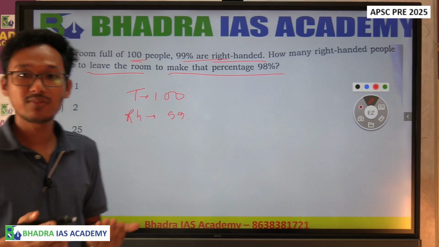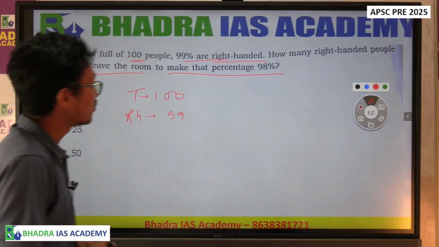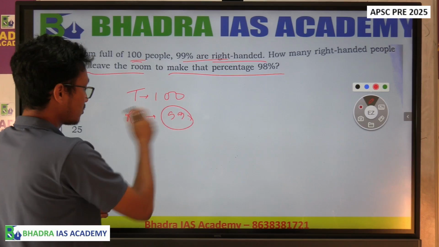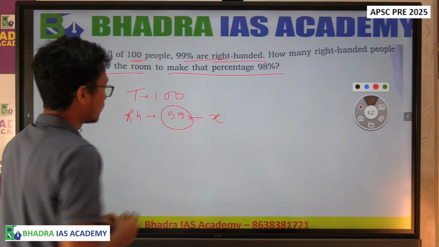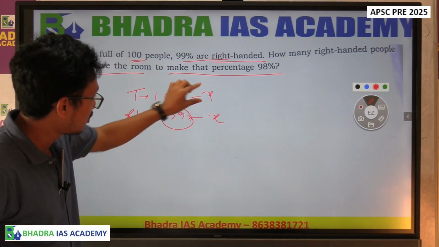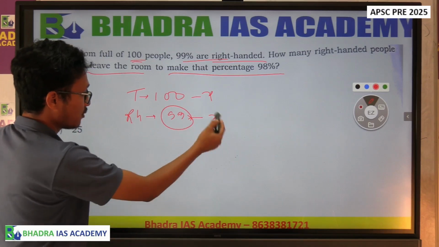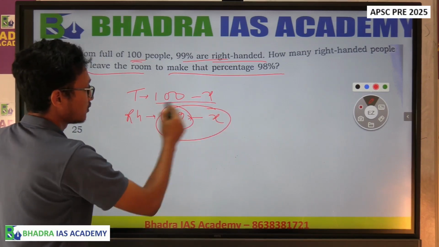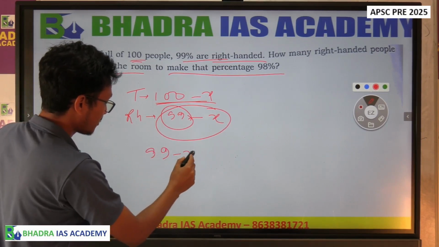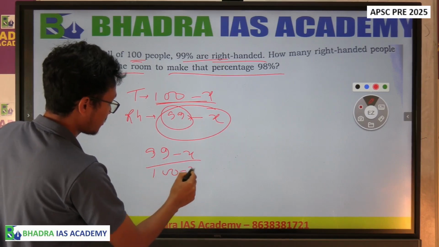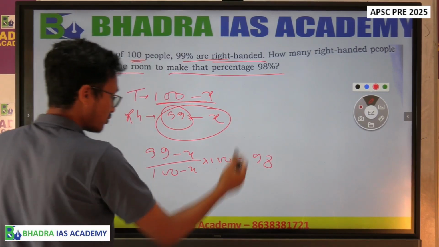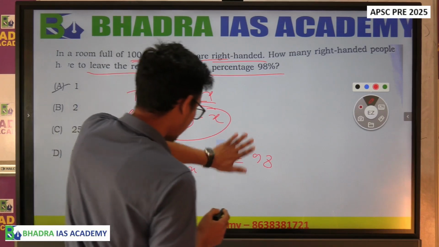সো আমাক উলিয়াব দিছে কিমানজন মানুহ আমি ইয়াৰ পৰা উলিয়াম, so we can assume x, so 99 জন ইয়াৰ পৰা গল x, so কিমান বাকি থাকিব 99 minus x, again x জন মানুহ টোটালৰ পৰা গুচি গলে x, so এতিয়া এই বস্তুটো ইয়াৰ 98% হ'ব লাগে, so ফৰ্মুলাটো হ'ল (99 minus x) by (100 minus x) into 100 is equal to 98 হ'ব লাগে, so now 100 to যদি ইপিনে লৈ যাও, so this will be